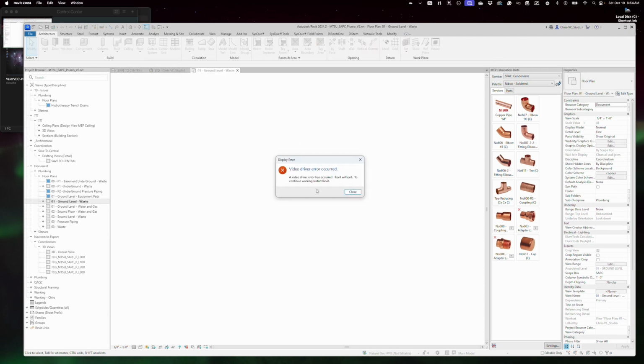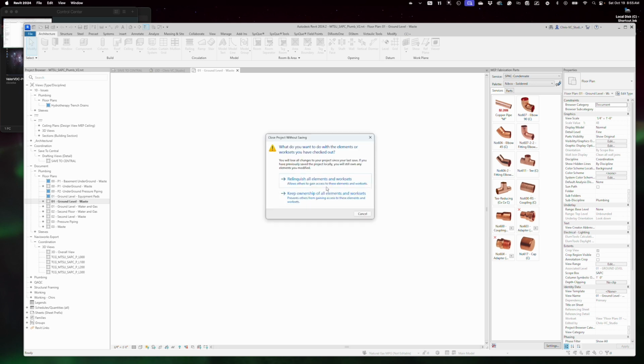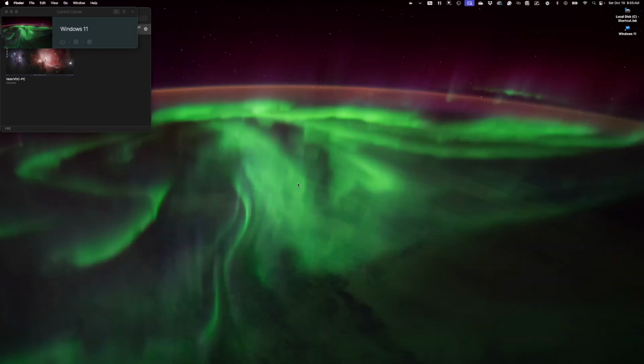So let me go ahead and log out. You will get that video card thing. If you suspend and you have a model open and you come back, it's going to tell you to close. So I'm just going to close this project out. And it's done. Now, the way that I work is I use what they call the Autodesk Desktop Connector. Oh, speaking of the Autodesk Desktop Connector,